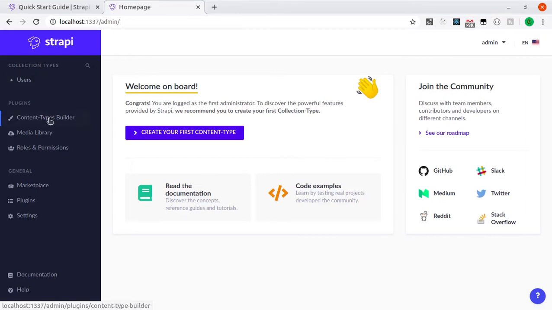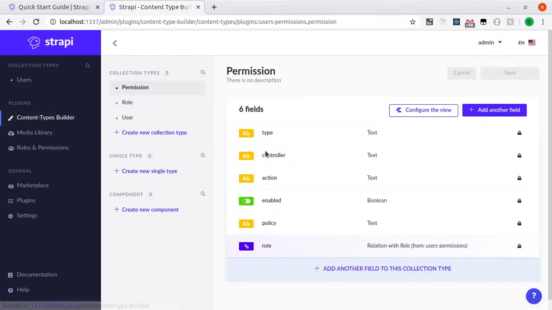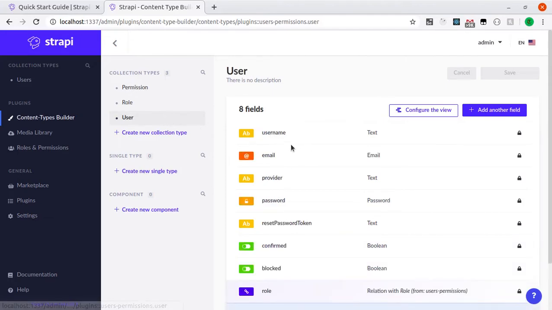So under plugins, you will see there is a content types builder. If we click on that, you will see that there are collection types. So user is one of them, and then we have the fields for the users. So username, email, provider.